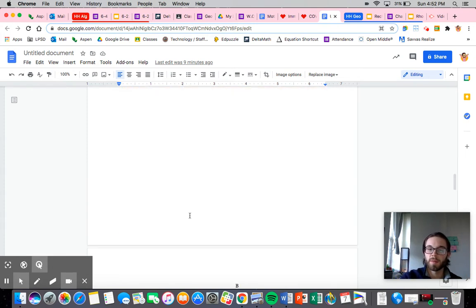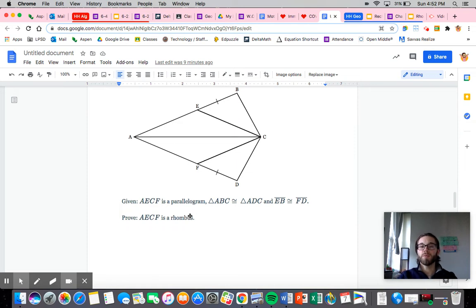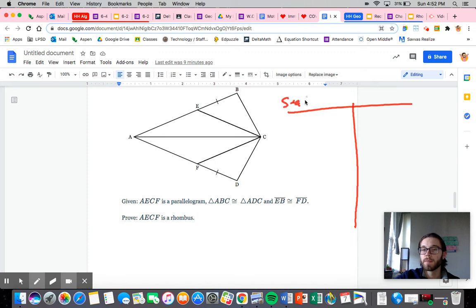All right, so let's do some practice with this. So I need to prove that this is a rhombus. I am happy to report that I am told that this is a parallelogram. So I don't have to worry about me saying it's a parallelogram. Statements and reasons. Okay, so I know it is a parallelogram. I do know that. I have parallelogram